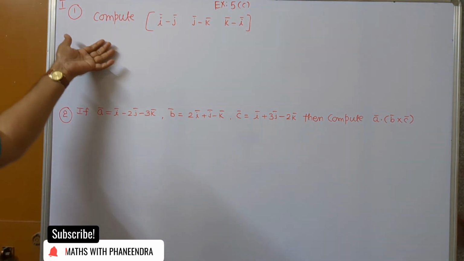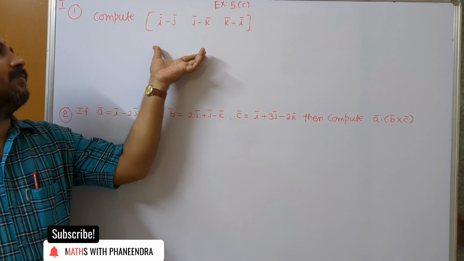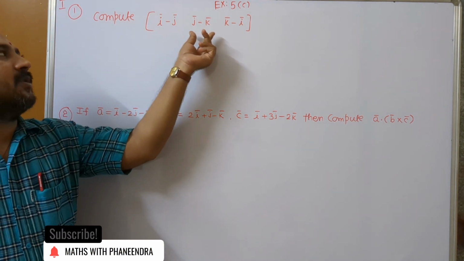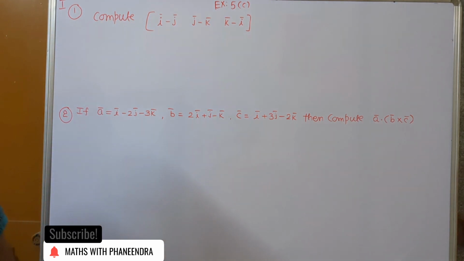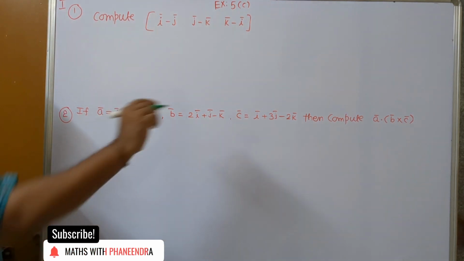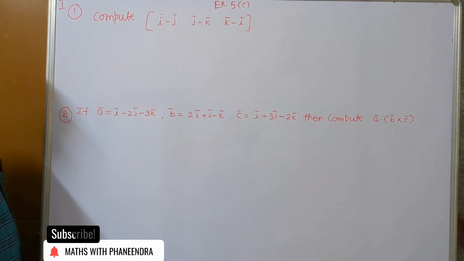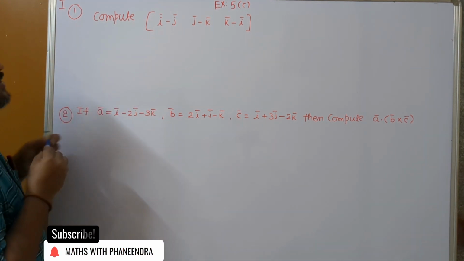Let us have a discussion. The first question here. Compute box of i bar minus j bar, minus k bar, minus i bar. So box of three vectors, how to write? Box of three vectors is a determinant of the three vectors. See, in the solution,